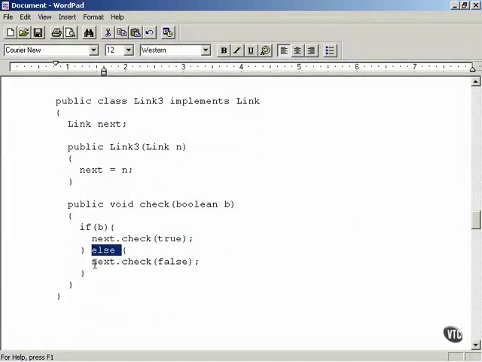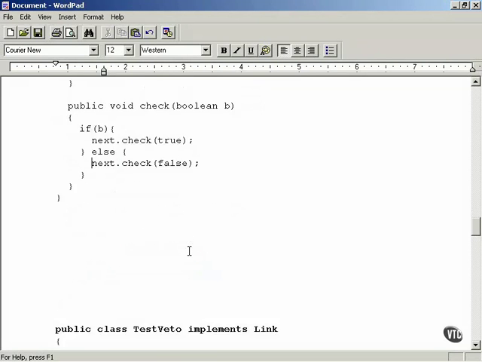Otherwise, it calls the next link in the chain's check method, passing that a value of false because the veto has to be passed on. Okay, so you have 3 link classes, and you're going to create 3 link objects from them,